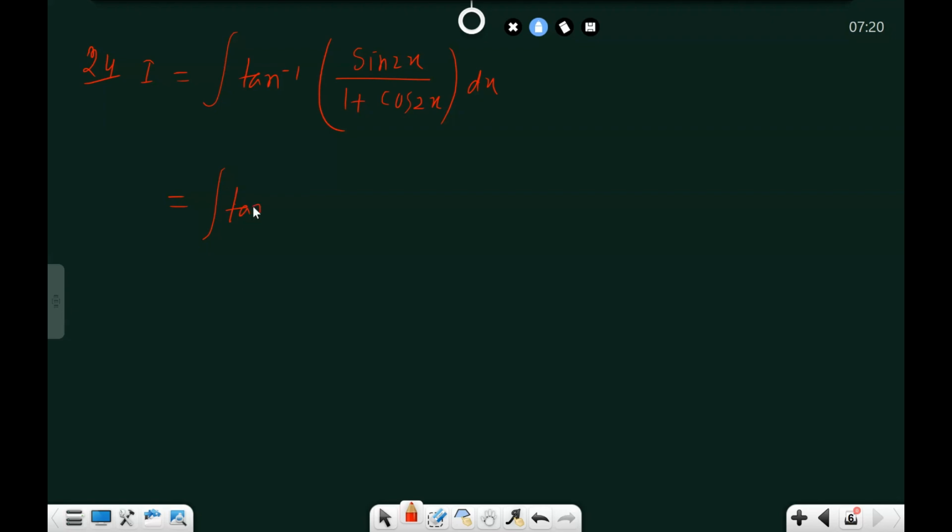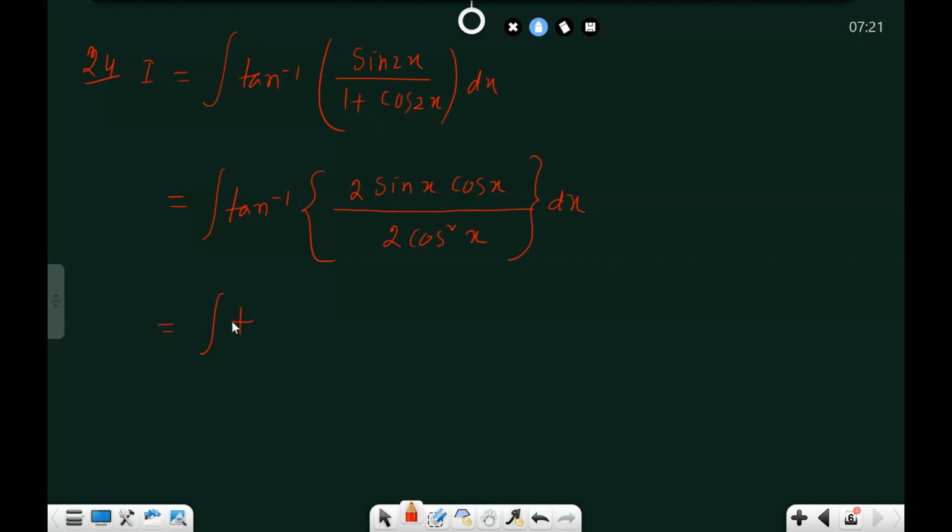This tan inverse is remaining as it is, and sine 2x, you break down this, sine 2x is nothing but 2 times of sin x cos x. This is the formula for sin 2x, and divided by 1 plus cos 2x, it has also a formula, and that is 2 cos square x, and dx will be there. So this is your function now, is equal to